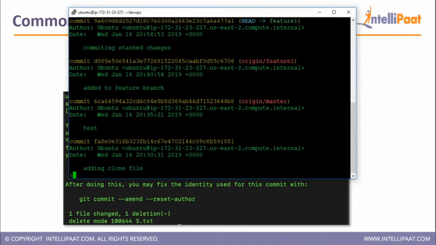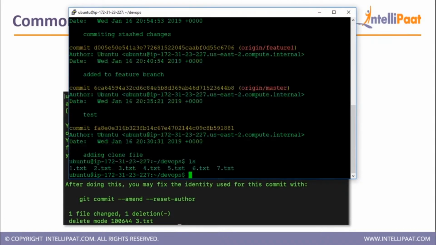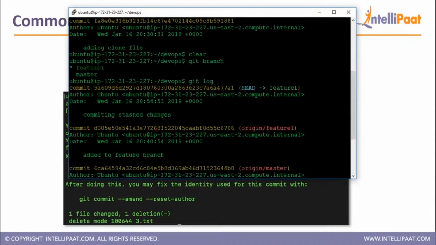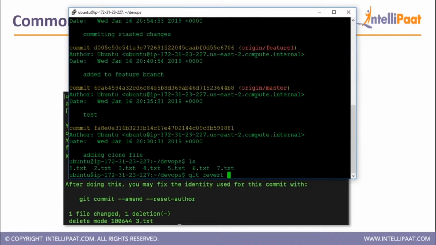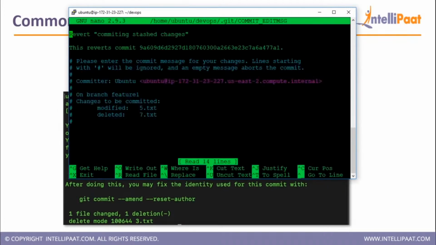Now for doing that, all I have to do is copy this commit ID, okay? And before doing everything, let me do an ls, and I can see that I have 7.txt which I added in my stash changes, right? So what I'll do is a git revert, and I'll paste the commit ID, hit enter, and now you